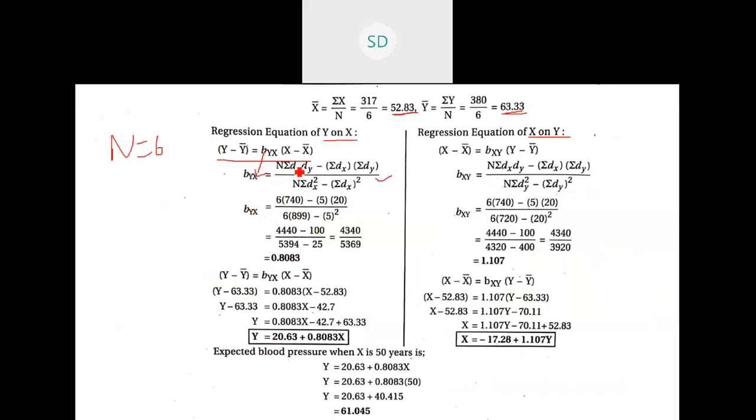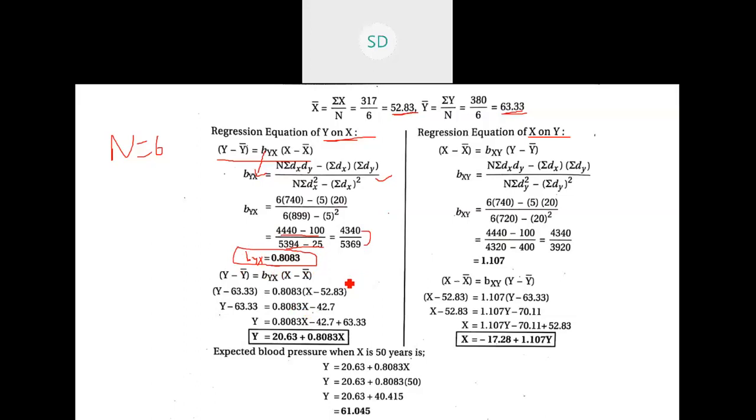Now coming to the formula, n is 6, dx dy is 740, minus dx is 5 into sigma dy is 20, whole divided by, since it is y on x, in the denominator it will be x only. So 6 into dx square, 899, minus dx whole square, so dx is 5 whole square. Next step, 6 into 740 is 4440 minus 5 into 20 is 100. Next line, 6 into 899 is 5394 minus 5 square is 25. Then the next step will be subtraction of these two values. 4440 minus 100 will be 4340, divided by 5394 minus 25, which will be 5369. Now once you divide these two numbers, the value of byx is